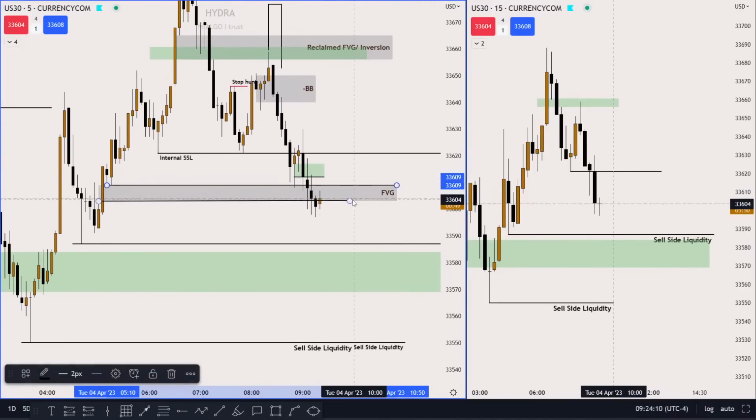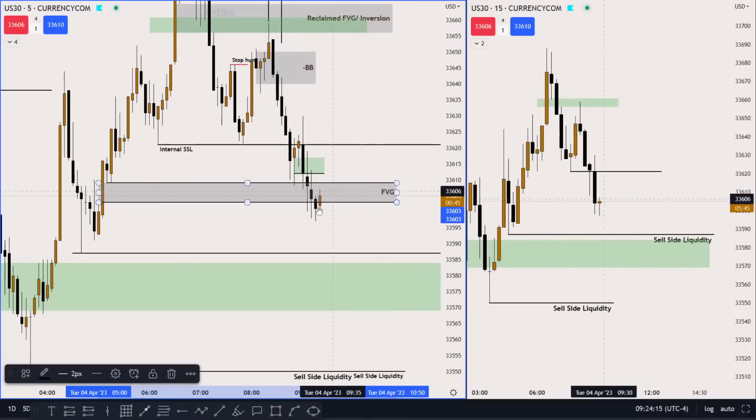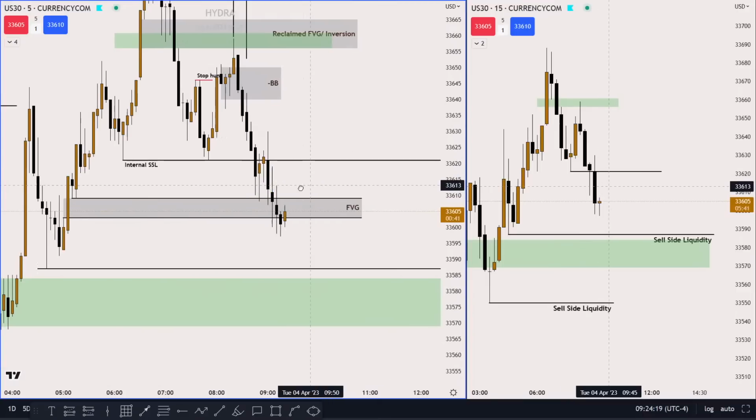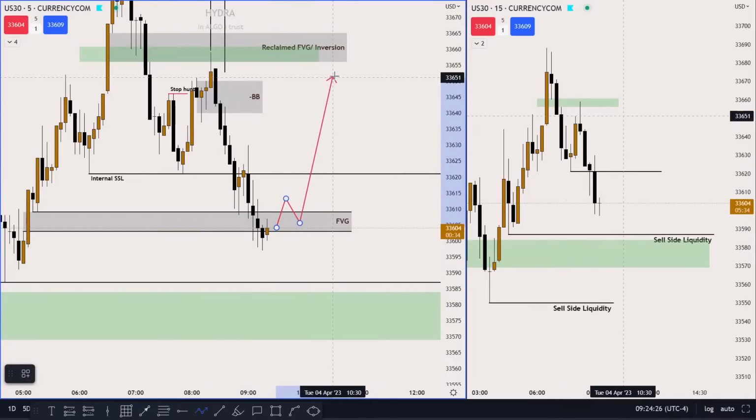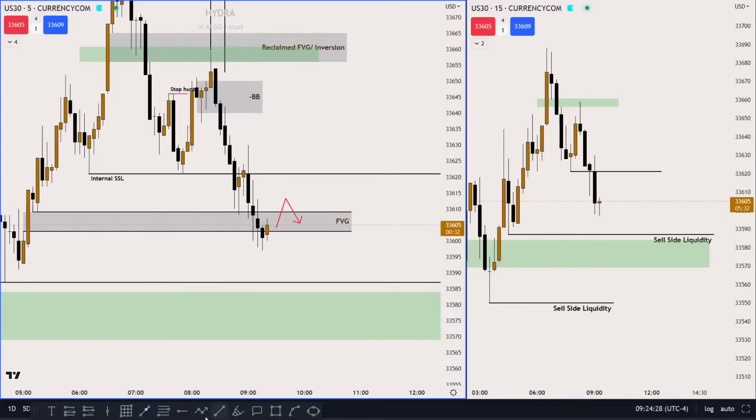Okay, we are inside of the fair value gap where I told you guys to take the profit. So if price is using this fair value gap as support, we are bullish at 9:30. So if price is doing something like this, right, then we are bullish